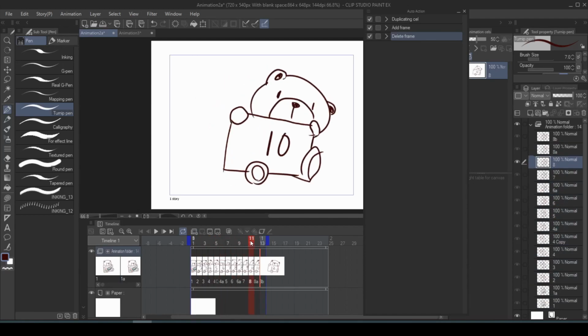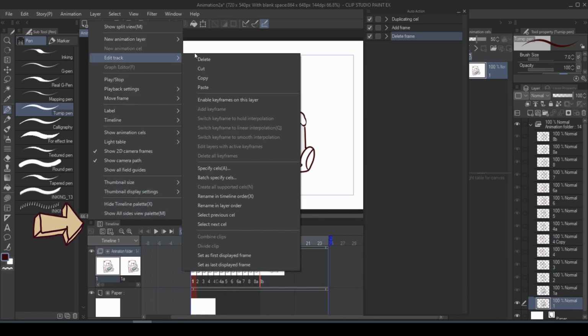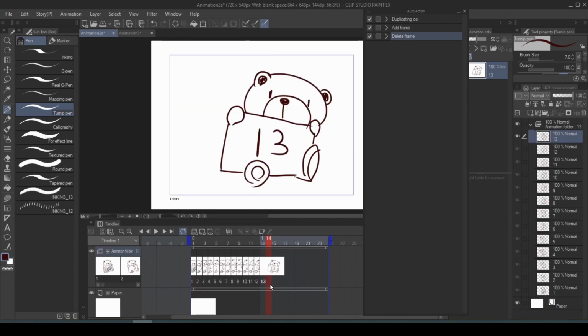But what if I want it to swing back towards the left? So let's expand this blue bar again. This is where the renaming comes in handy. Go to Edit Track, Rename in Timeline Order again. After doing some minor adjustment on my end to make sure that all of the things are aligned, I'm going